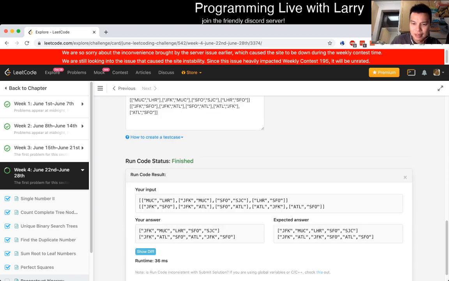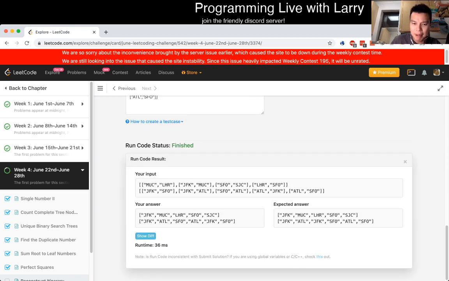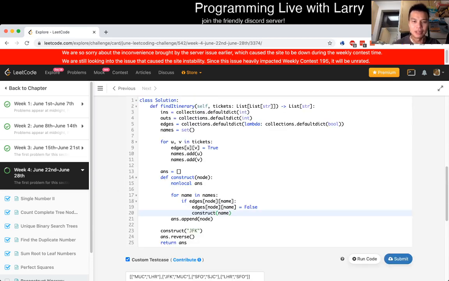Yeah, but so this works, right? In that it gives you an answer, but doesn't give you the best answer because it's not sorted, and that's the problem here. But actually, I think we could just do something like.